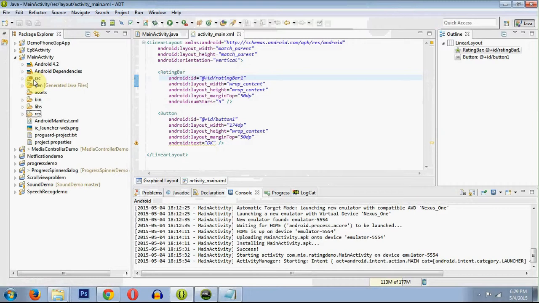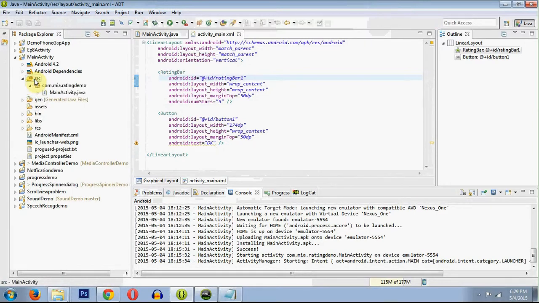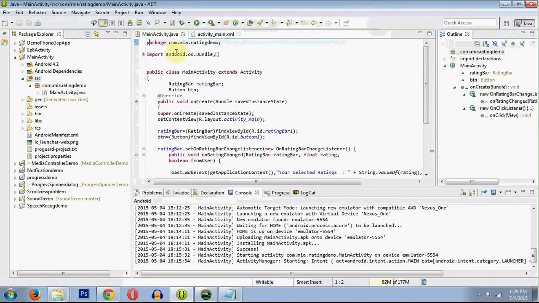Then we will make the source of the application, how it actually runs. See, you see the MainActivity.java file. Just double click on it and a Java class will be opened here. Currently you will see just these three things: the imports, the package, the class, and inside the class you will see the onCreate method.